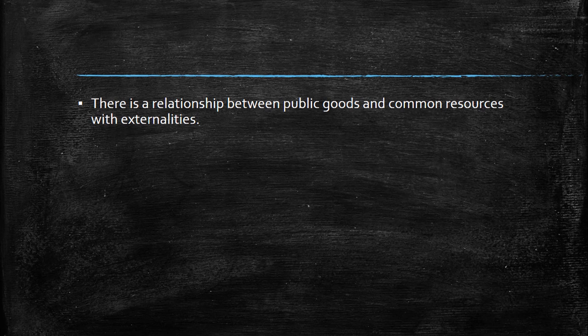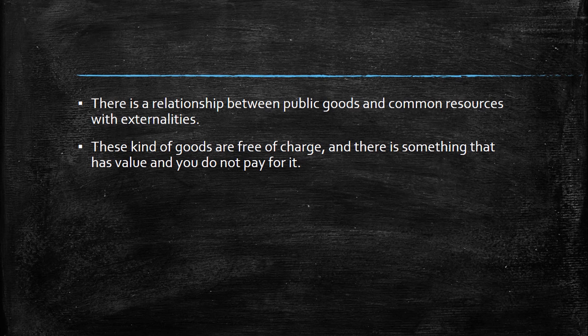So here, it's really important that we know there is a relationship between this chapter and the previous one, because there is a connection between public goods, common resources and externalities. Basically, when there are these kinds of goods that are free of charge, it has value, but you don't pay for it. So, for example, a common resource could be clean air, right? It's not excludable, because the fact that you are there does not prevent you from breathing this air, but it could be kind of rival